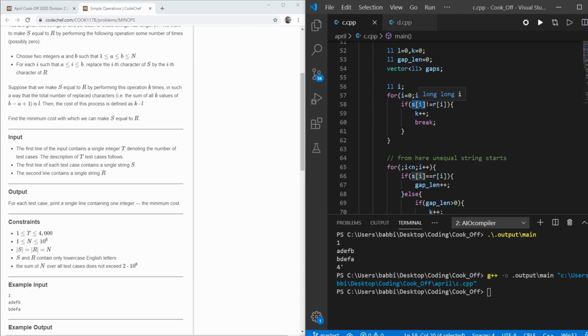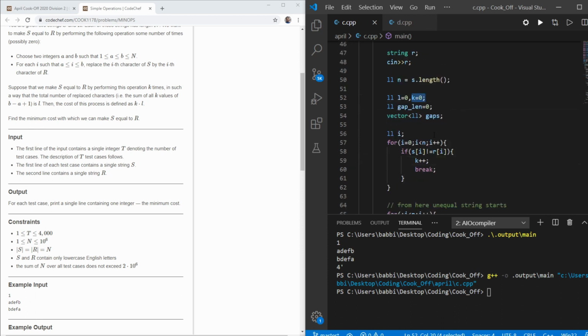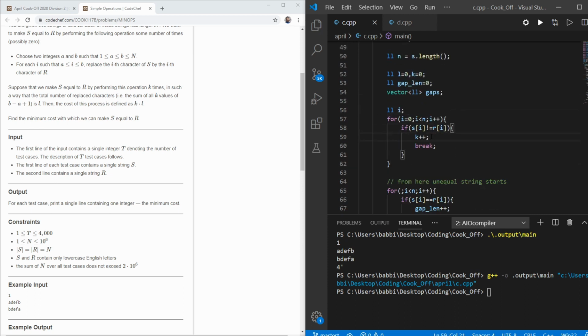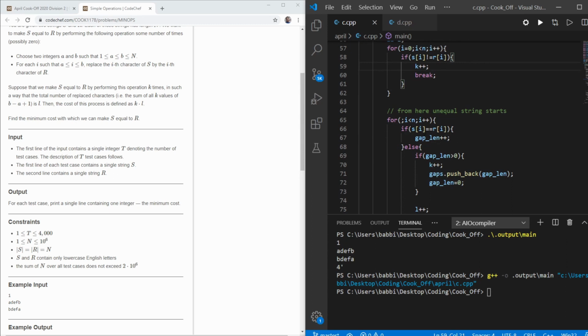So if the ith element of S is not equal to the ith element of R, then I will break, and as I have found one group, I will increase my K. Actually K was 0, but now I have found one group, so I will increase my K here.